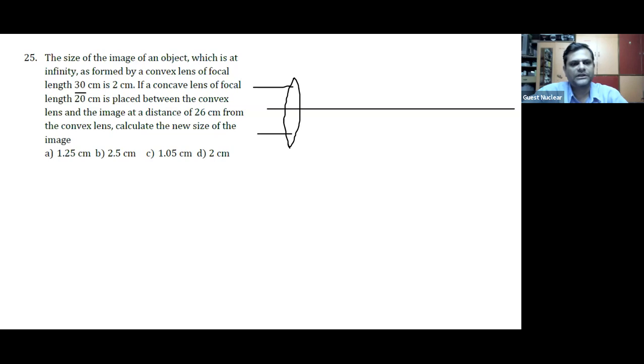of focal length 30 centimeter is 20 centimeter. Okay, तो फोकल लेंथ इसका दिया हुआ है 30 सेंटीमीटर और यहाँ पे ऑब्जेक्ट जो बनता है इसका साइज दिया हुआ है 2 सेंटीमीटर. ओके, तो यहाँ पे सभी रेज आके कन्वर्ज हो रहे हैं. ठीक है, सो